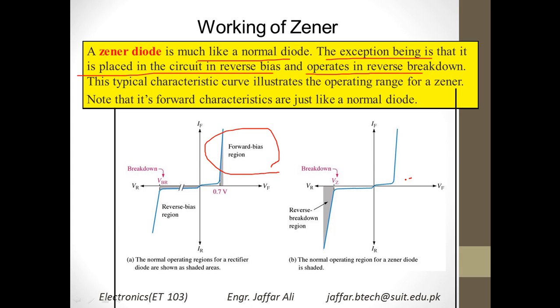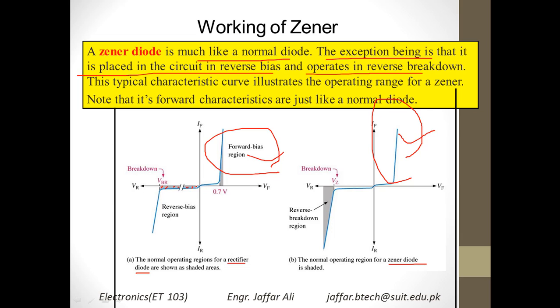a common diode. You see that this is your Zener diode, and this is your common diode, basically your rectifier diode, p-n junction diode. So you see that this region is almost the same, but the only difference is this shaded area. You can see that normal p-n junction diodes operate at a very small level in reverse, and we have discussed that this is due to some leakage in the circuit.